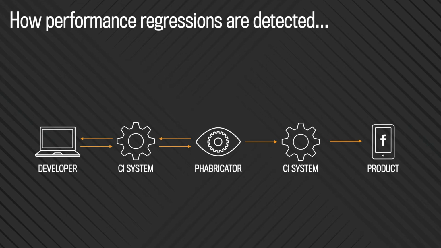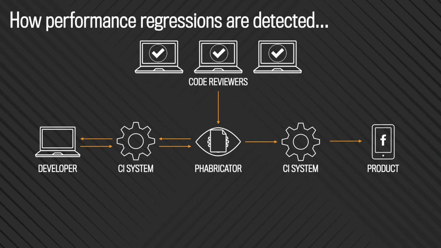Okay, let's dive right in and start with how performance regressions are detected in big code bases in the industry. Initially, whenever a developer sends a code change in such systems, it is submitted to the CI system, which runs some tests and type checks the program, and then the code modification is sent to a code reviewing system. For instance, Fabricator, where reviewers take a look at the code and they either ask for modifications or clarifications, in which case the code goes back to the developer, or they approve it, and once approved, the code goes through again the CI system where some more tests are run, and finally, if everything is okay, it lands in